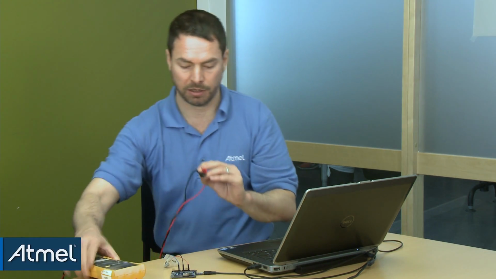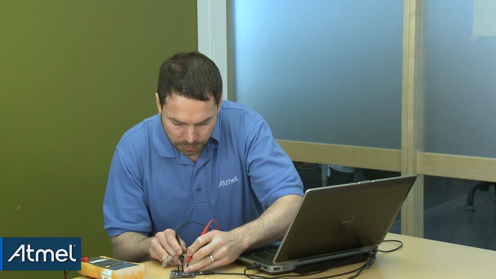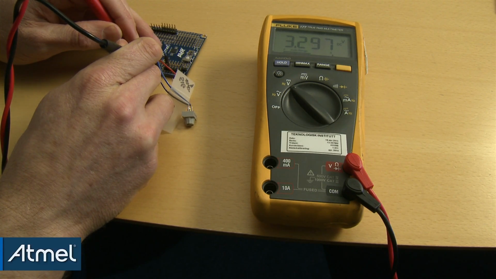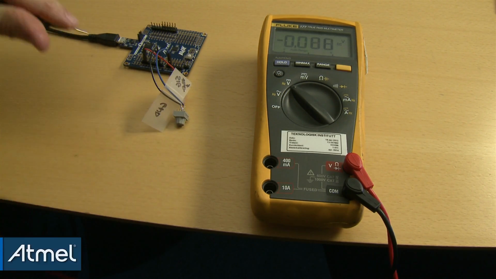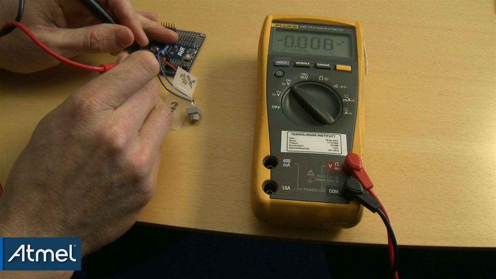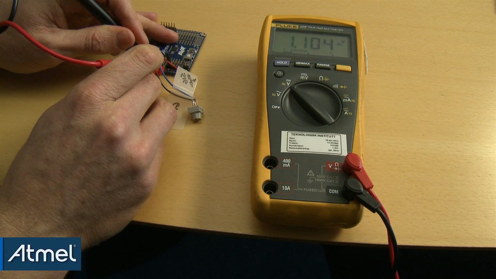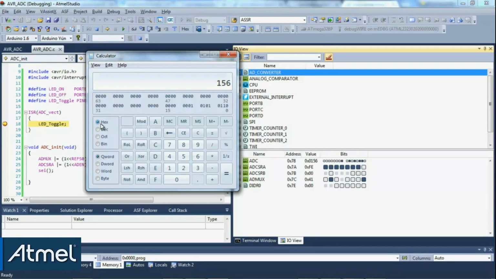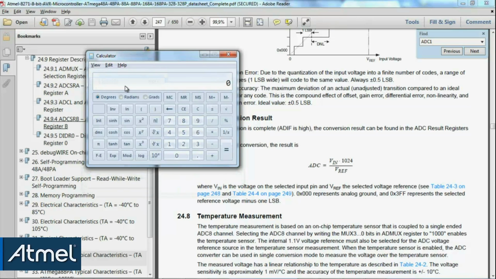So let's have a look and see if these readings are as expected and predicted by the datasheet. Taking a voltmeter, I'm going to measure my VCC, and I can see it's at 3.297, which is pretty much as expected, and we'll round to 3.3. And the voltage on the ADC input channel is 1.104. Let's see what we should have been measuring from the datasheet. Our reading was 156 in hex, which in decimal is 342. And we're going to